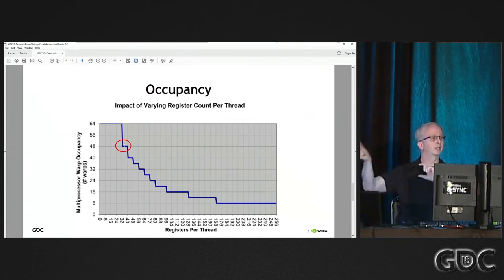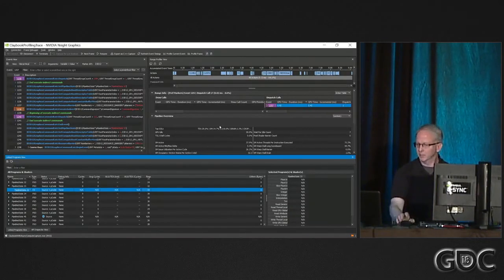So if you can specialize that shader a little bit more, maybe have two different submissions or something like that, that would allow you to potentially get a higher occupancy in your GPU. All right, some of the other things we want to look at here in the range profiler,